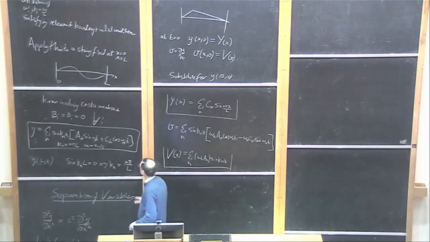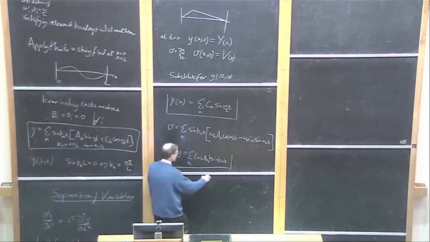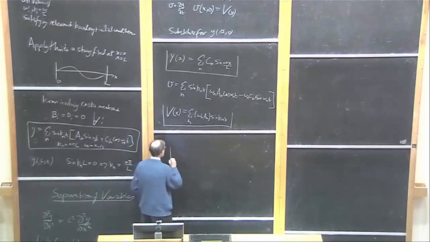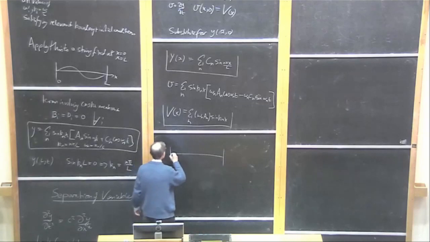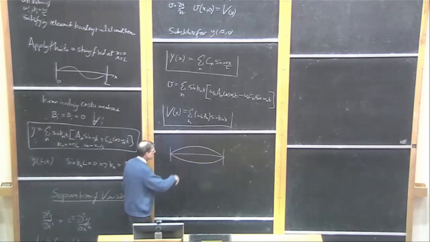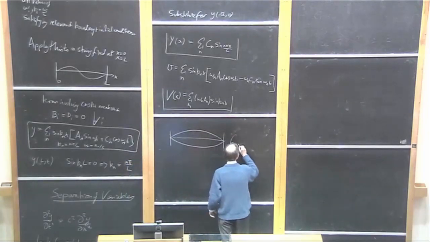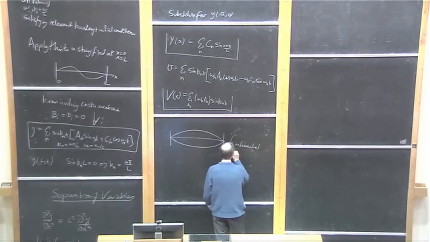So these different terms in the summation are referred to as modes of the string. And if any of you play stringed instruments, then you may well have practical experience of this. So in the first mode, the displacement of the string is half a sine wave. So it's oscillating in that kind of fashion, up and down. That's called the fundamental,